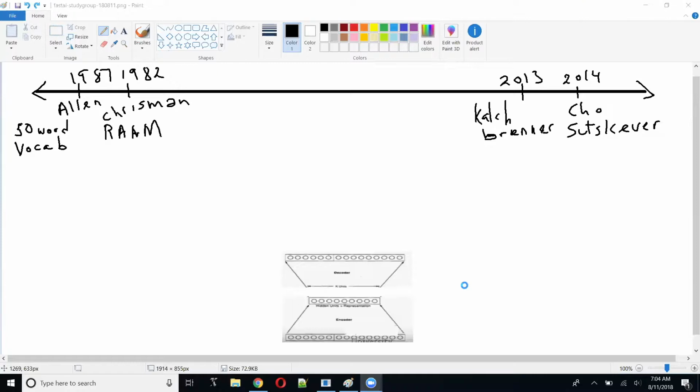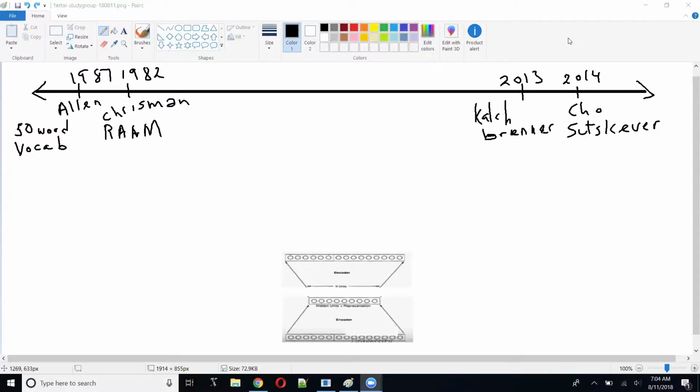So here's a timeline. What I'm going to talk about today is mostly machine translation, like French to English, or any pair of languages with machine translation. I was going to talk about how convolution neural networks are used there, but I'll say something about that briefly. It's just kind of a big topic. Anyway, so here's a brief history timeline.